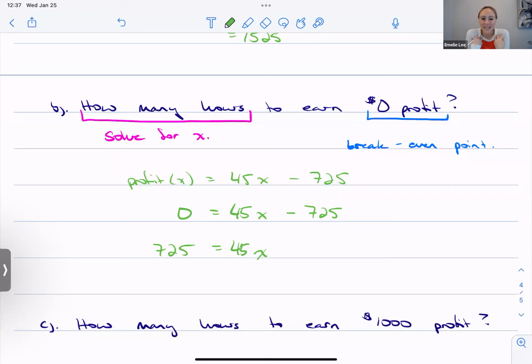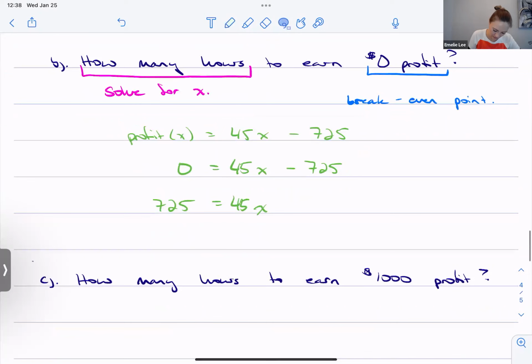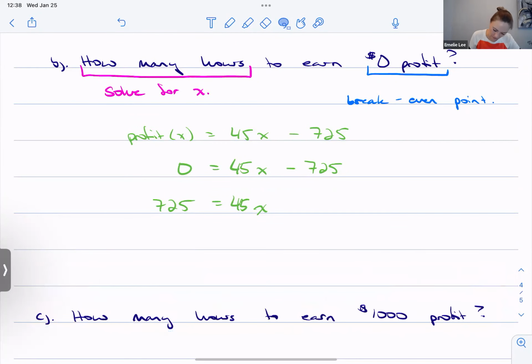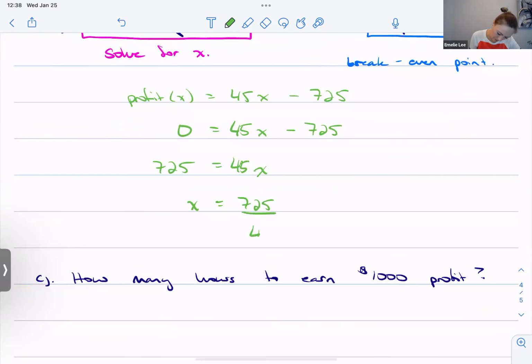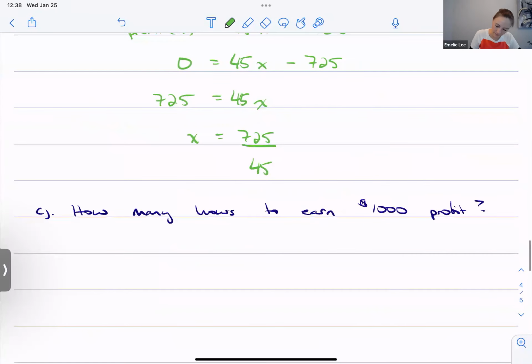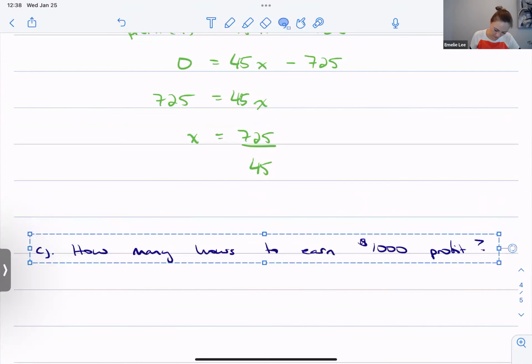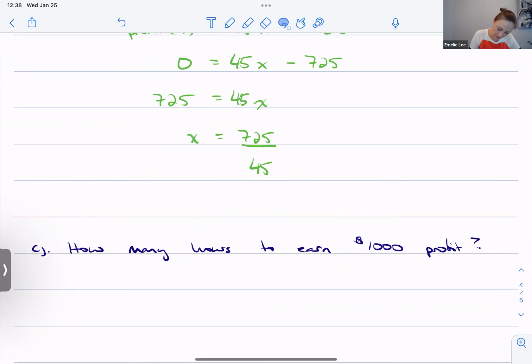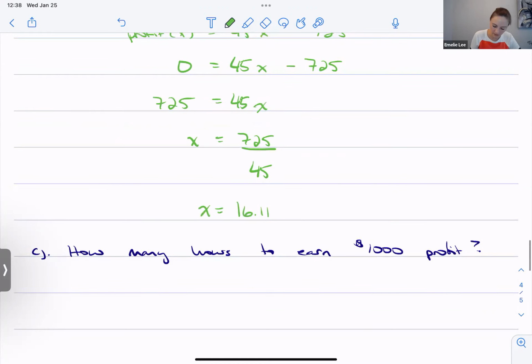And then remember, I like to have whatever I'm solving for on the left-hand side. So in the same move, I'm also going to divide by 45 on both sides, right? So then I'm going to get X is 725 divided by 45, which is X is 16.11 repeating hours,